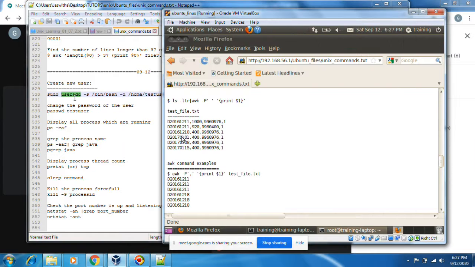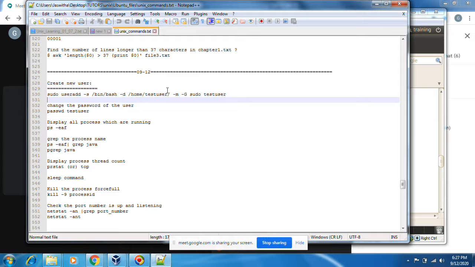Next thing, I want to create a user with this command. Useradd is the only command to create a user, and then I am linking this to a bash file. I'm executing the bash command using this useradd. I am giving this user permissions to run bash, and then this is the -d directory. For this user I am creating the home directory, -m -g, it will create the user without a password. Okay, let's run this command.